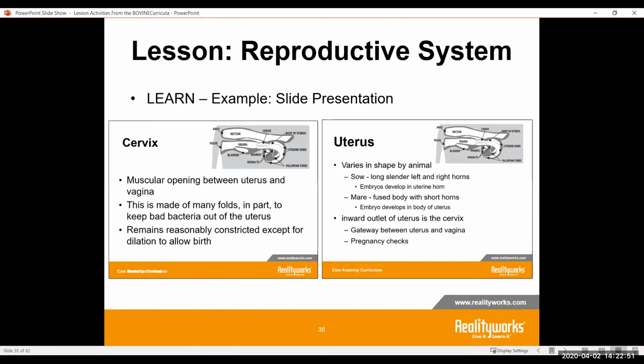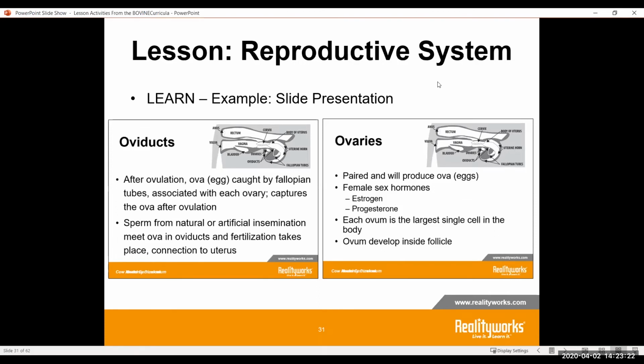What is the purpose of the cervix and what does it do to help the animal? And what are some of the issues that can be a problem at the same time, and what is involved there? We'll talk about that in the next lesson as well when we get into artificial insemination. Talking through the uterus, the cervix, and getting a little more in depth on why this whole system works together and what the importance of it is, going through the different parts of the anatomy so they can really gain understanding.